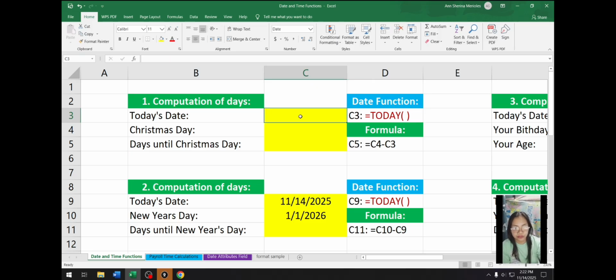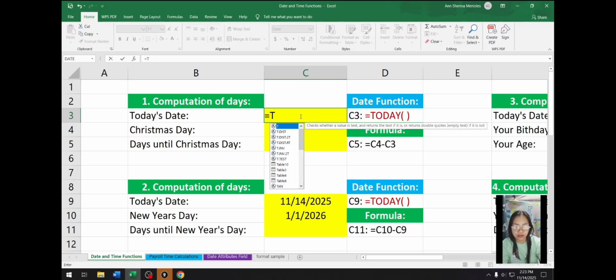You can enter a formula with a function directly in an active cell by typing an equal sign, the function name, and the argument. As you begin to type the formula, a list of function names appears below the active cell. You can double click it. AutoComplete helps you to enter a function name and arguments.